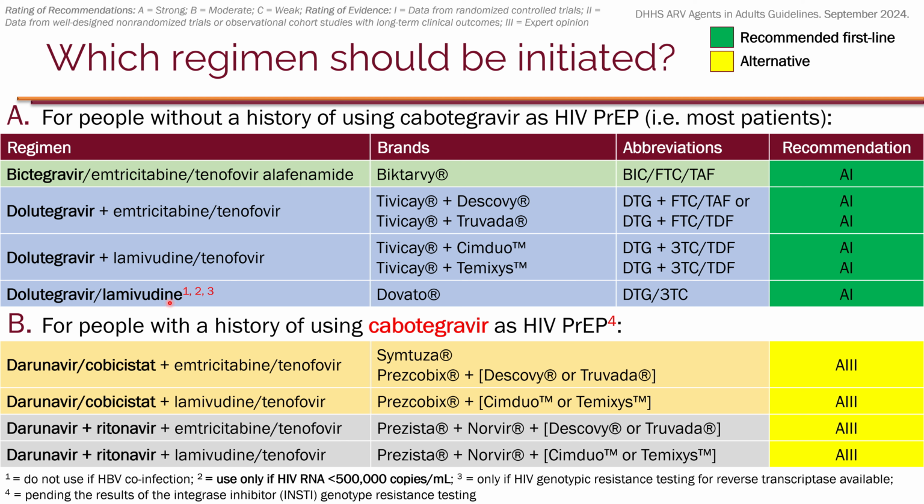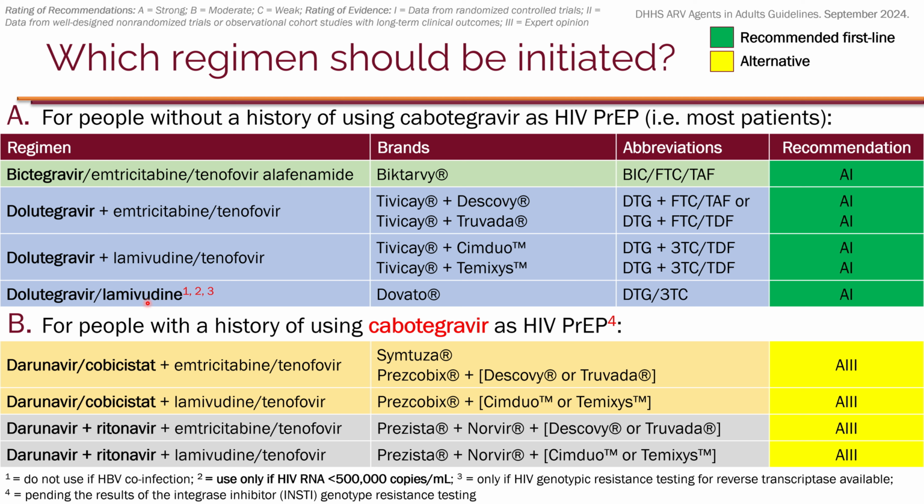Now, one thing that I do want to mention as far as the first-line recommendation with dolutegravir and lamivudine is that because it only has a single agent as the backbone, there are 3 things to consider. One is that because it only has one drug active against Hep B, people who have Hep B co-infection do need another regimen to be active against Hep B, because Hep B can develop resistance against this. In other words, people who have Hep B co-infection, when you have emtricitabine and tenofovir, so we have 2 drugs that are active against Hep B, those are fine. But when you drop one of the Hep B active agents, then you should have another agent on board